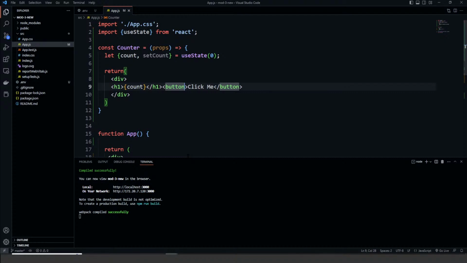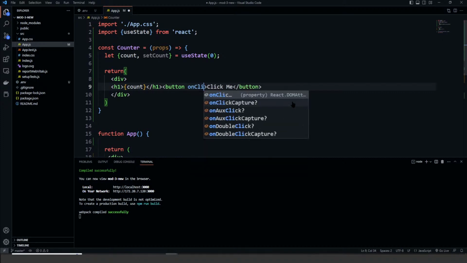And I want to add a reference to my set counter function or set count function into here. That will update this value in turn. And then we can kind of see where we need to go from there, right? So I can, inside of my opening button tag, we can add an onClick and set it equal to